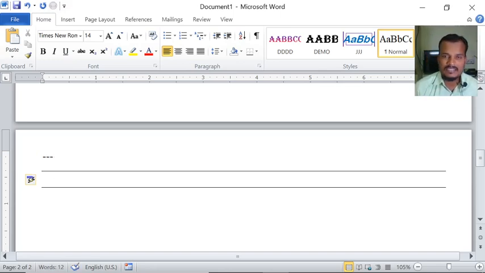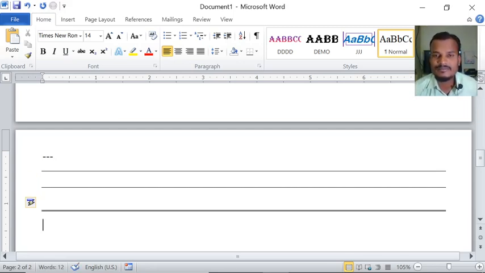If you want 2 lines, press the equal symbol on the keyboard. Type 3 times, 1, 2, 3 and press the enter button. If you want 3 lines, press the hash symbol on the keyboard 3 times, 1, 2, 3.